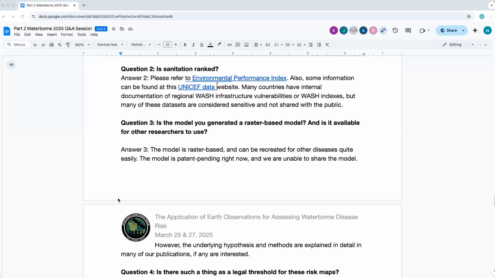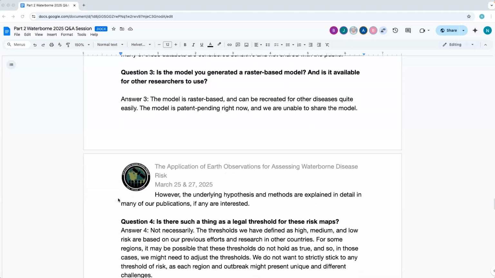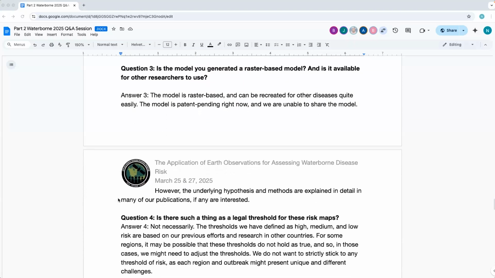Question 3 is, the model you generated, is it a raster-based model, and is it available for other researchers to use? Yeah, so this is a raster-based model. All of our outputs are raster-based. Typically, we average things though over a county scale or a regional scale, because most policymakers don't really care about what's happening on a 1 kilometer by 1 kilometer basis. They want to know what's happening in their county or their district,